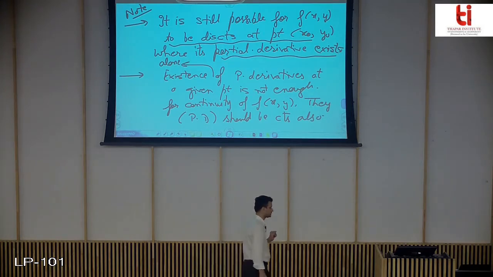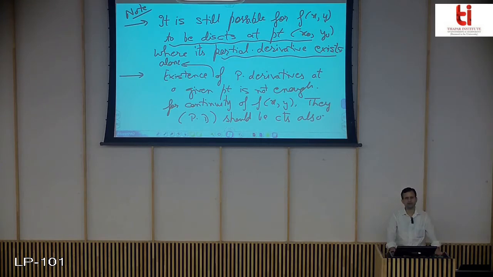So in case you are saying that the partial derivative exists only, and on that basis you say that the function is going to be continuous, it is not always true. We have some examples where the partial derivative exists at a given point, but still the function is discontinuous. The reason being, it may be possible that partial derivatives exist, but they should also be continuous at that point for the function to be continuous. Otherwise, there can be a chance that a function is discontinuous and its partial derivative still exists at the given point.